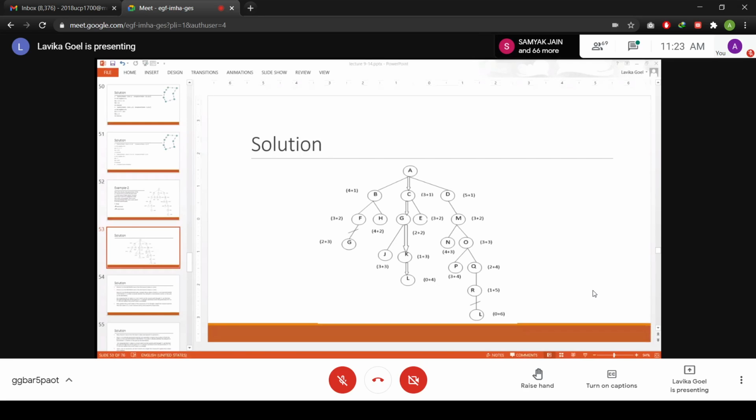Actually it is not an already generated node because it is not in the open list or in the closed list, right? But assume that it is existing in this graph which I am giving to you. So assume that it is an already generated node. So now which path is better? The path via the current ACGKL is better, or the path via ADMOQRL, the rightmost path, that is better.